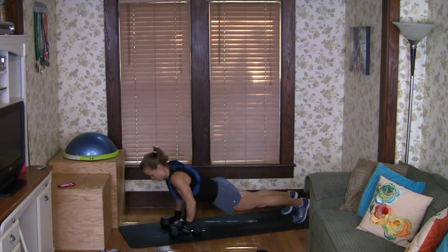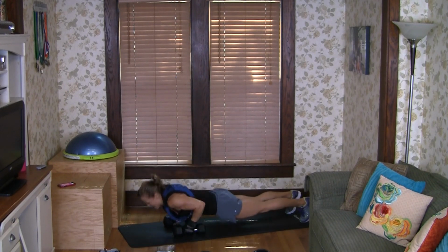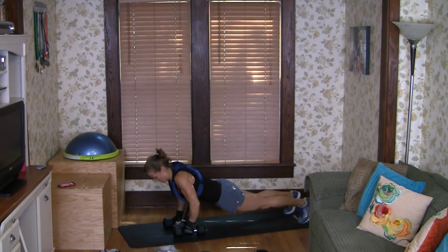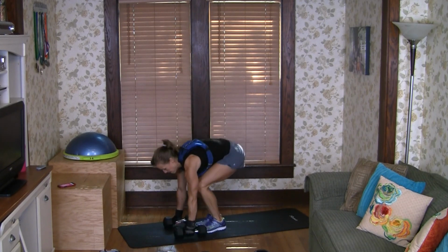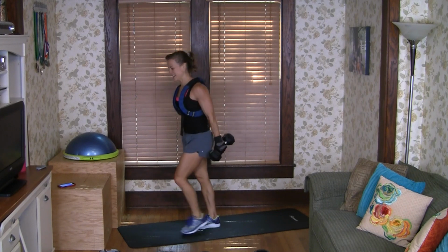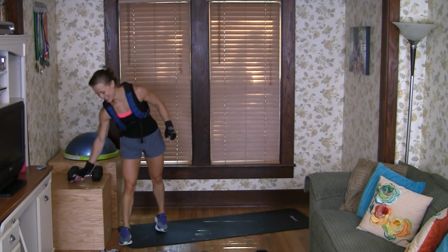Strong push-up. Press out, whichever way you can. Push. Use your core. Very good. Woo. You are all finished with this